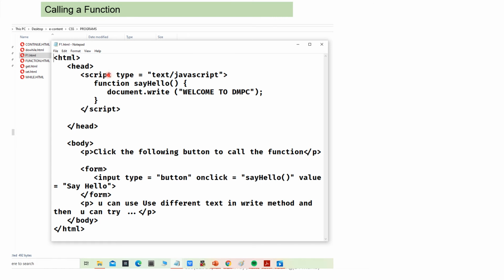Calling a function. This is our program for calling a function. We can call a function by using its function name. So this is our HTML code, HTML head, script type that is JavaScript. Then this is the function keyword. sayHello is the function name, opening curly bracket. document.write is for printing the message. document.write welcome to DMPC, end of the script, then end of the head. And in the body